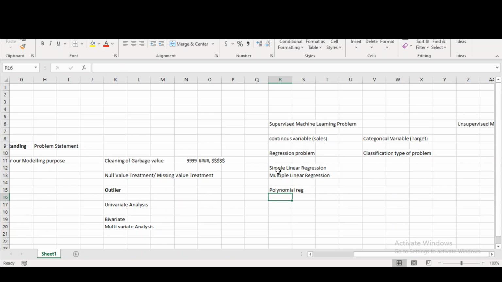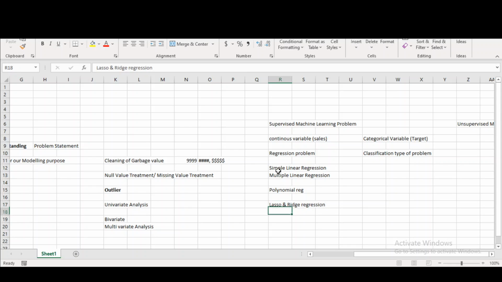If we want to follow a regularization technique, we will go ahead with lasso and ridge regression.